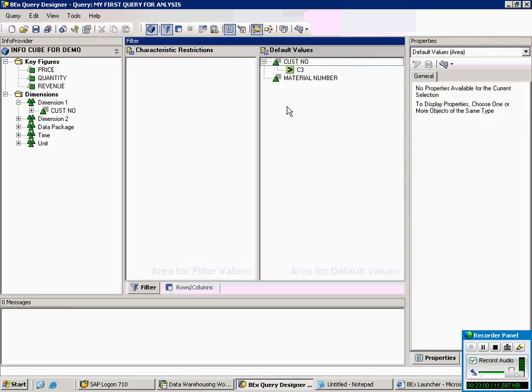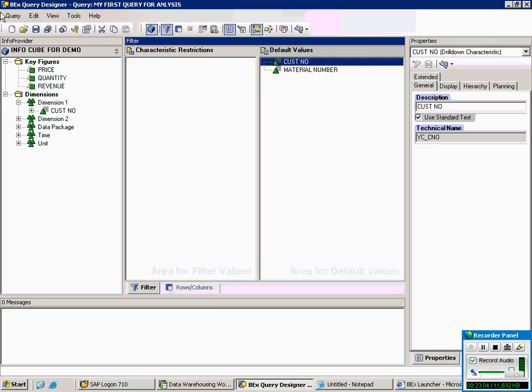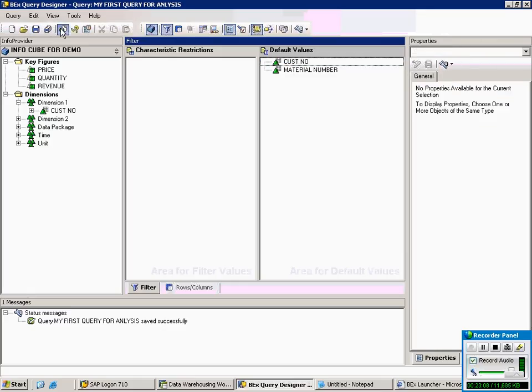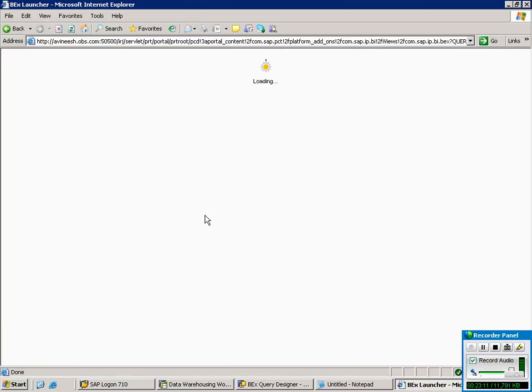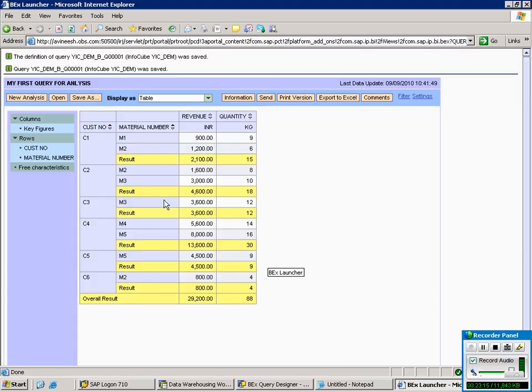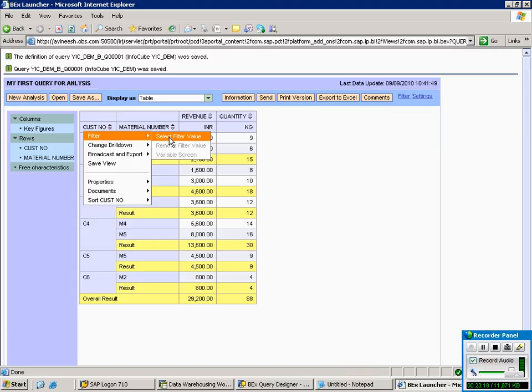This is now the DB filter, database filter. Now just observe, you have already understood. Report level filter is like this now. You are seeing the entire output. What can the user do? Right click, filter, select filter value. I am right clicking on customer, which means you are applying a filter on customer number. If you right click on material means